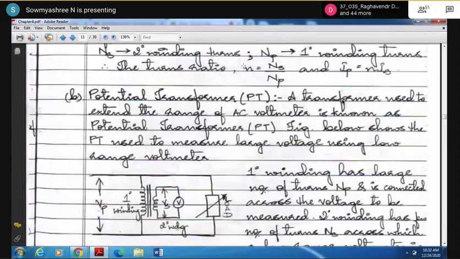Okay, please note down this turns ratio in case of CT. Write CT and below that note it down. The turns ratio in CT is given by small n is equal to NS by NP. Everybody please note down this. Write CT as the heading. Note down what are the equations that exist in case of CT. In CT the turns ratio small n is given by NS by NP, and IP is equal to N into IS. Write these equations.